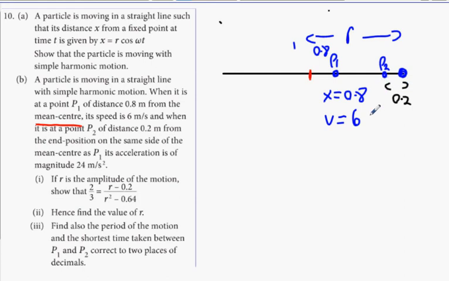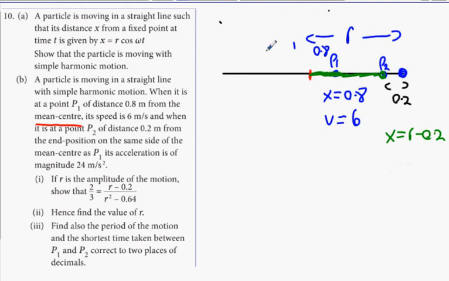Please remember that x is always the distance away from the, anybody remember? The center. x is always the distance away from the center. This makes our x value r minus 0.2. And our v value would therefore be equal to, what's our v value then? It doesn't give us a v value, it gives us an a value. It gives us an a value of 24. So